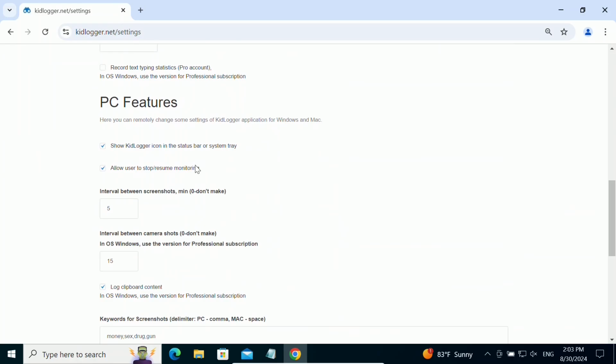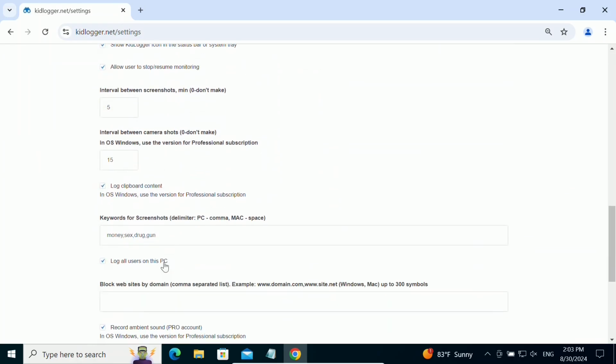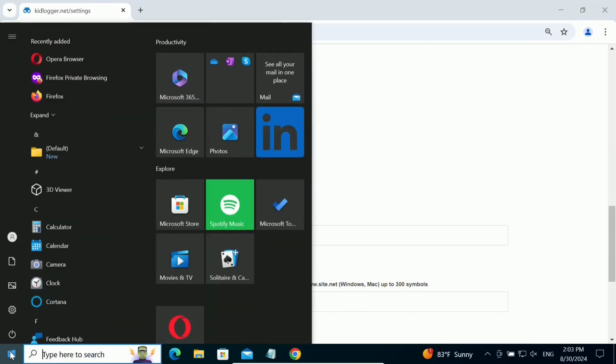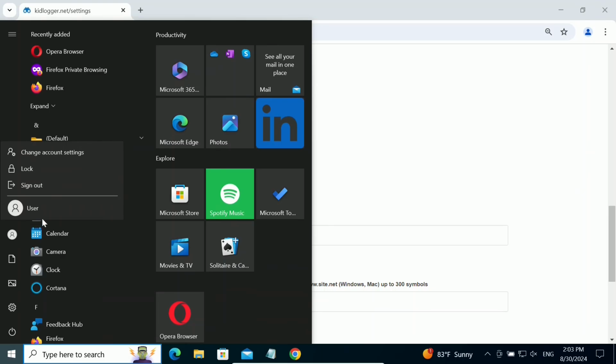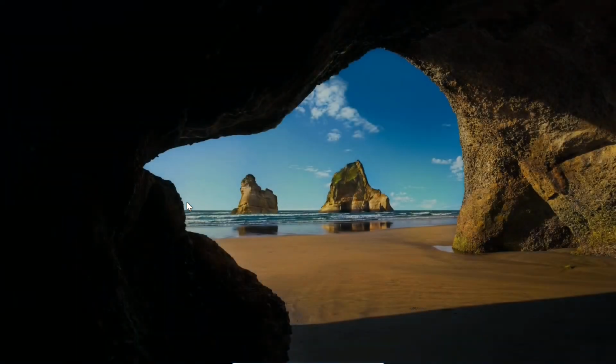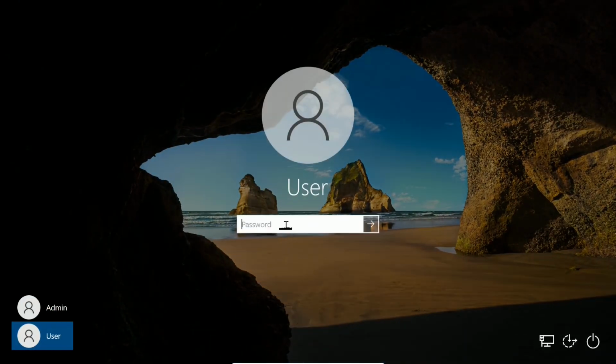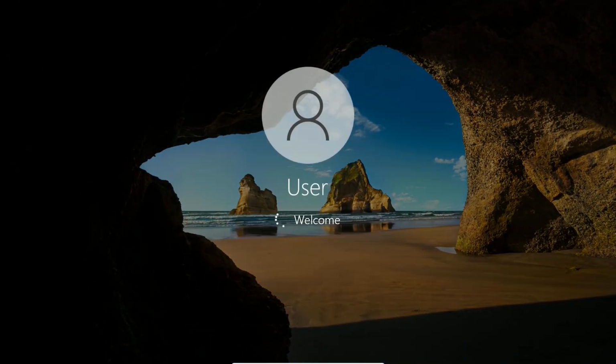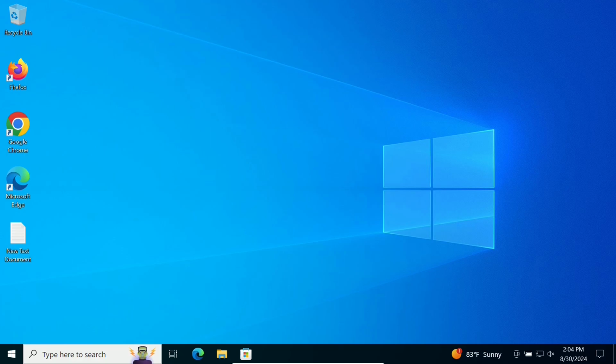Another option is to log all users on this PC. If there are multiple users on the computer, you might want to monitor all user accounts. For example, if admin is the first user and another user is named simple user, you can log out of the admin account and log in into the second user's account. Then visit some websites or view the news.